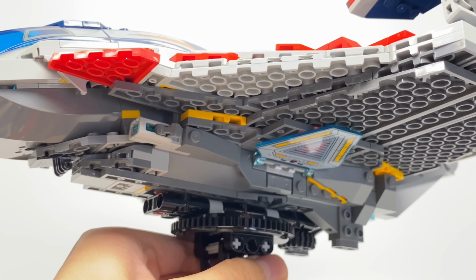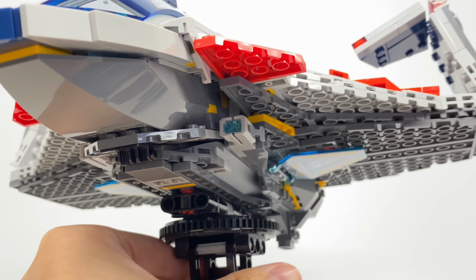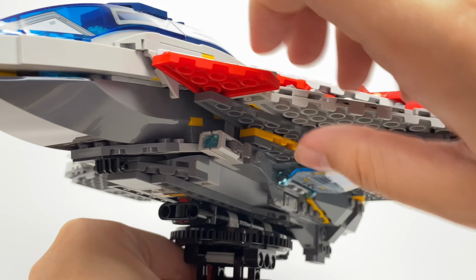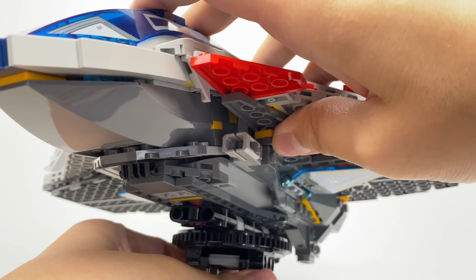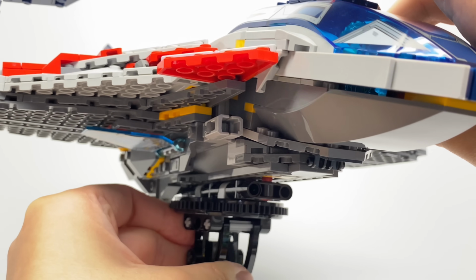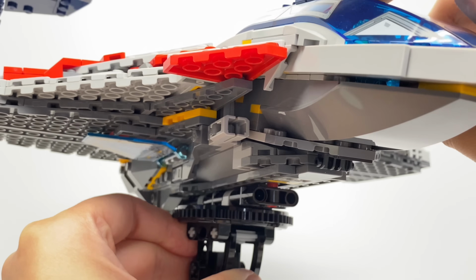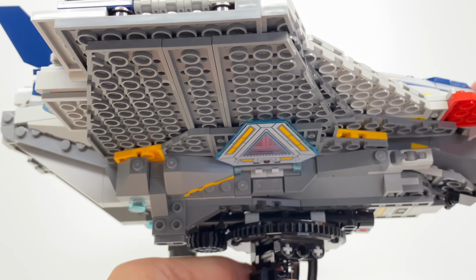Little mixes of colors like some yellow going on there. At the side, we do have the stud shooters at the very front, and that works. Now I'm never going to see that stud again. I actually filmed this earlier, and I lost that stud there. Don't worry, they give you plenty of extras. And then at the side over here, more of that finished yellow trim,